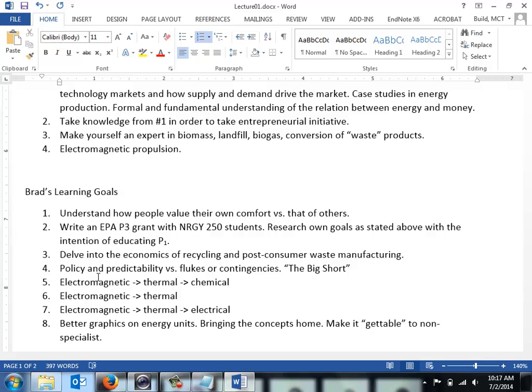So policy and predictability versus flukes or contingencies. We already talked a little bit about the fact that a lot of the markets are regulated, and I think, from a financial standpoint, that's what investors like, right? They're going to put their money in, they know how much they're going to get back, versus just kind of flukes or contingencies. So Enron already came up, there's a book out there called The Big Short, so how much